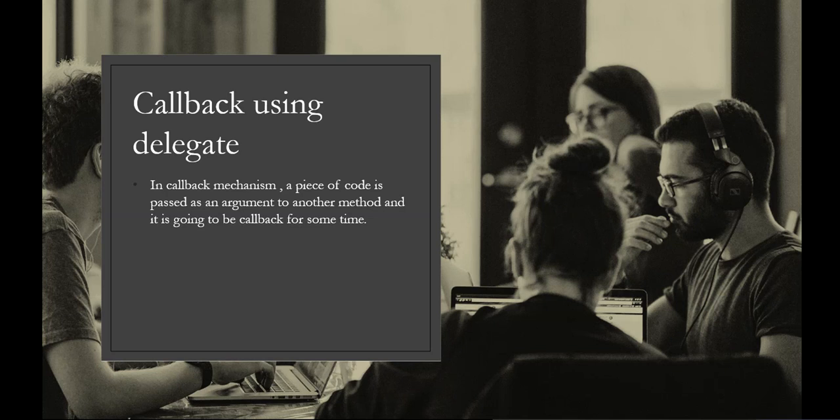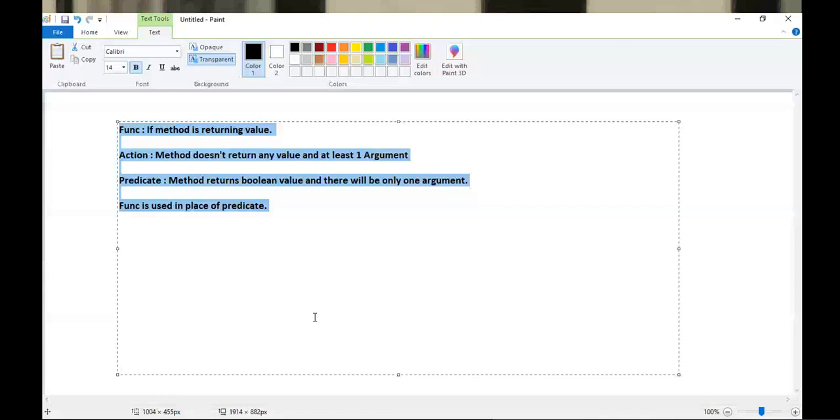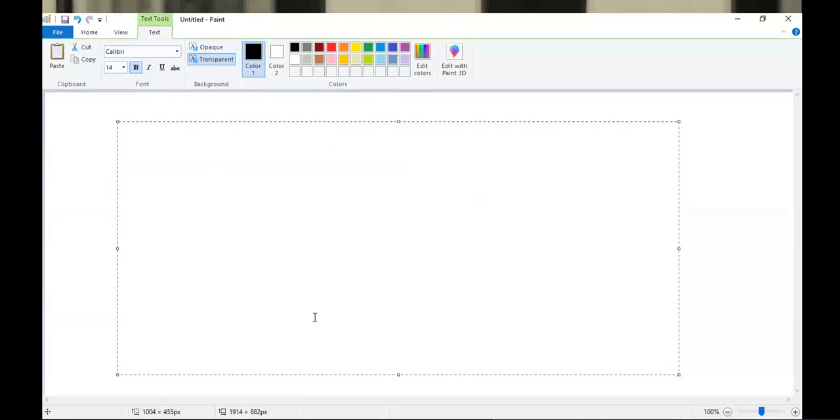Okay, so let's start implementing this, I guess. Instead of telling it theoretically, we'll start implementing it. So which example will I be taking? Take any example, whatever you would like to take. So let's say what I've got is a list of some entities. For example, I've got a list of albums.